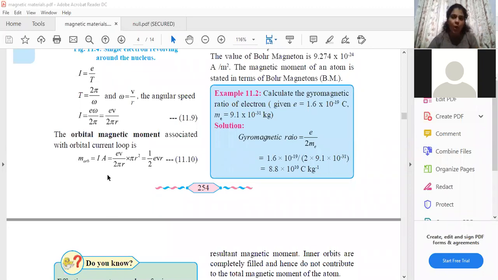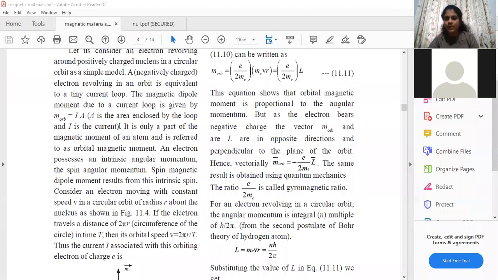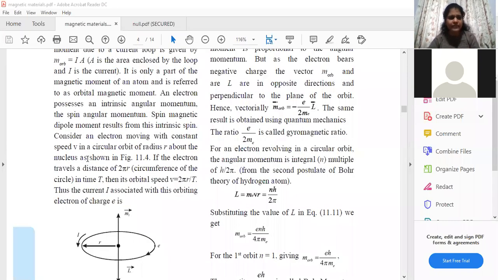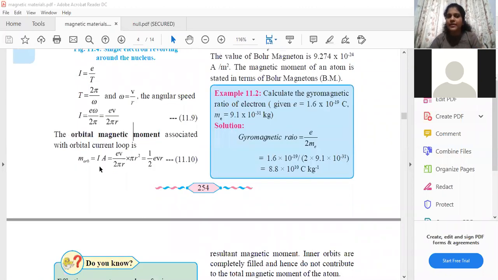Because we are discussing an orbit. So this point also, students, was discussed in the explanation. Yes or no? In fact, this was discussed at the beginning. I explained in the previous chapter how it is derived. Mu is equal to NIA, but mu is equal to IA. Here instead of mu, we are writing M orb, subscript orb. All right, fine. So that is nothing but your magnetic moment, I into A.